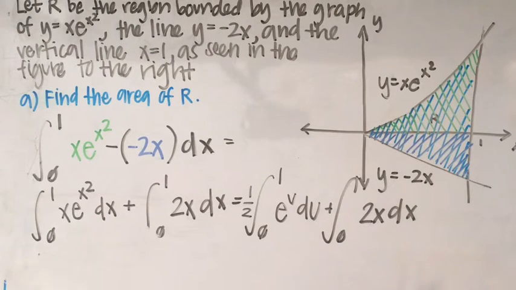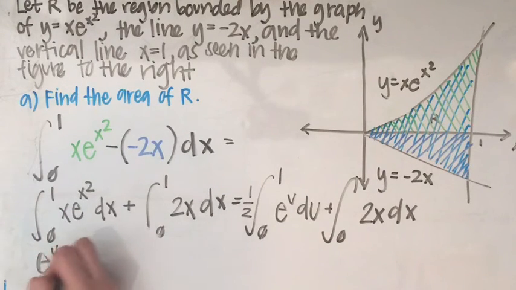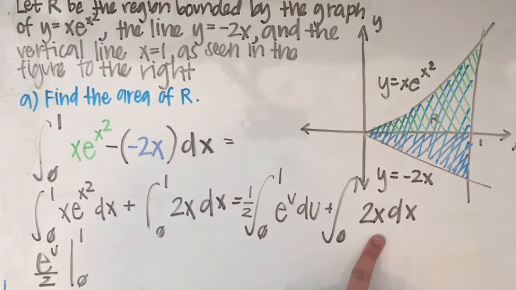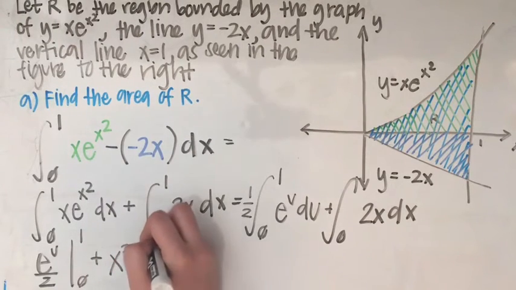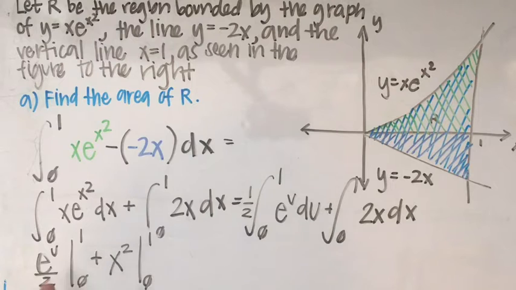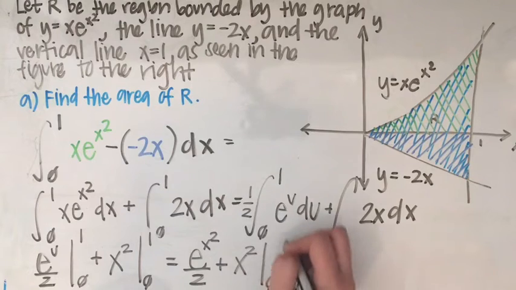because as we know, all integrals and derivatives of e to the x are just e to the x, and that's going to be evaluated from 0 to 1. And then the integral of 2x is going to be x squared, also evaluated from 0 to 1. And now I have to replace that u with what I substituted out earlier, which was the x squared. So now I have e to the x squared over 2 plus x squared evaluated from 0 to 1,